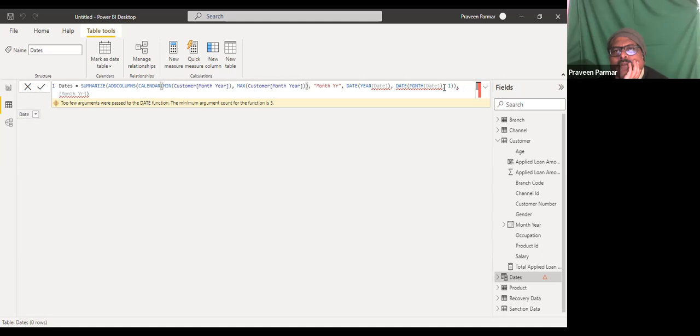And parameter is not the correct type. Additional parameters. This one should not be here. Month, year.